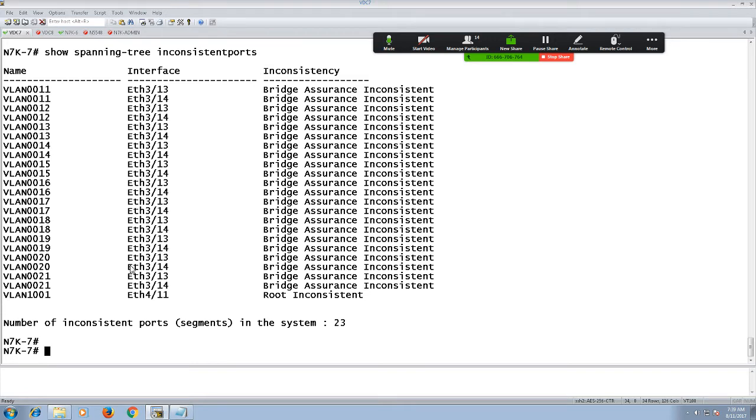But when it comes to root guard, we are specifying for which VLANs or which BPDUs I'm receiving, and we disable that port only for that instance. So there are small differences between root guard and BPDU guard. BPDU guard doesn't care what BPDU it is, I'm going to disable the port. With root guard, it must be a superior BPDU, which can change my root port selection.